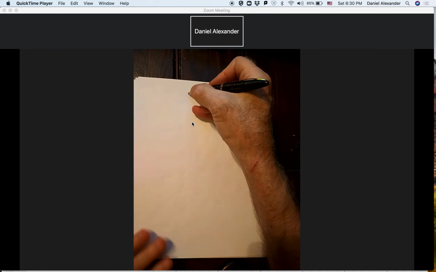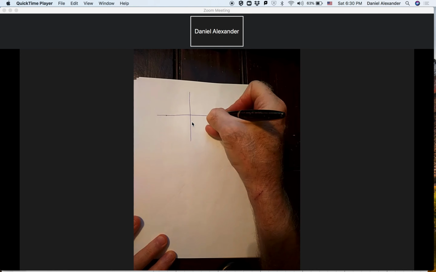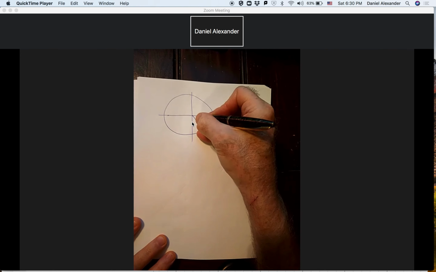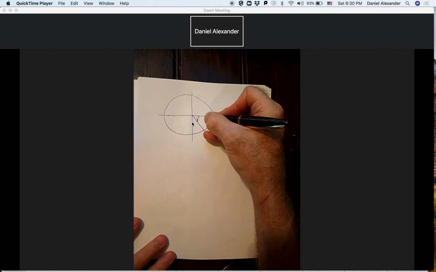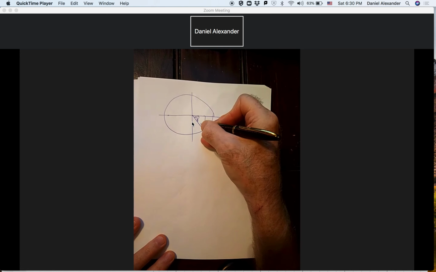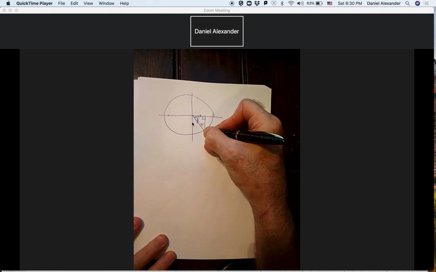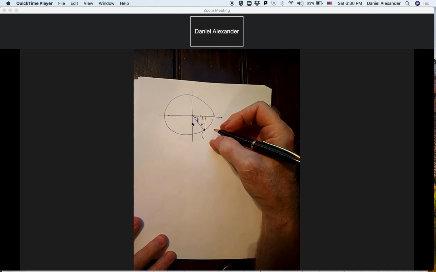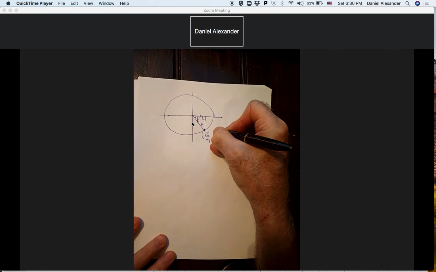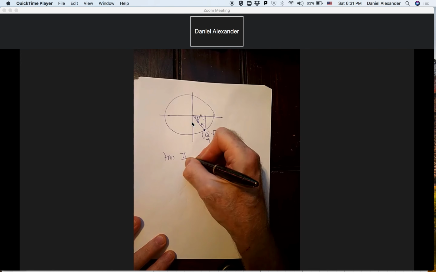But I want to look at a minus 45-degree angle, and remember, if we're going to talk about negative angles, we really need to look at the unit circle. So here's minus 45 degrees. We measure it that way. Now this angle's 45, this angle's 45, again really pi over 4. So that means that this side is equal to this side, so whatever these numbers are, they're going to be the same. And it turns out that the numbers are going to be square root of 2 over 2 and minus square root of 2 over 2. So when I do the tangent of minus pi over 4,